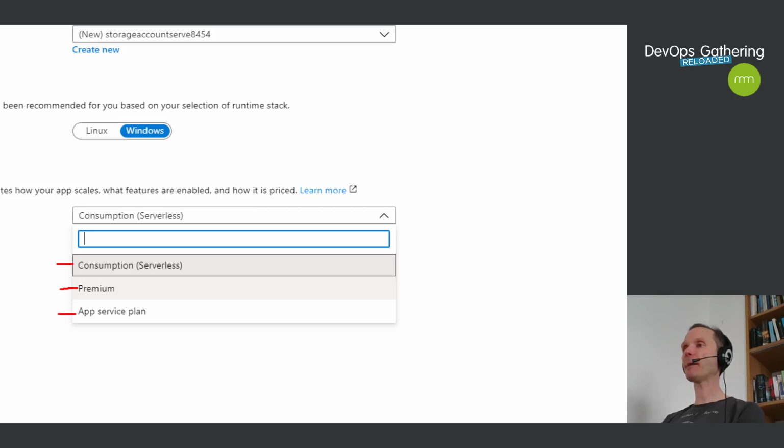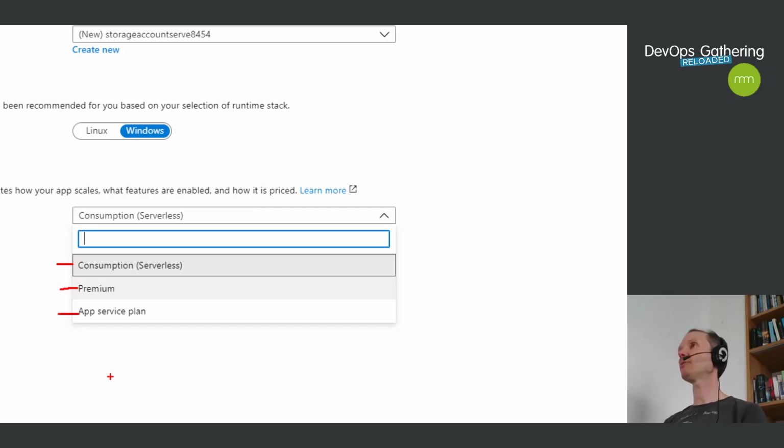Last but not least, App Service Plan. That's the third one. That's a fallback if you don't want to use serverless. App Service Plan is hotel. App Service Plan means, dear Azure, I don't want to care about operating system. I don't want to patch my web server. I don't want to think about load balancer and things like that. Care for domain name service and things like that. But I will tell you how many servers I want, how much CPU should be in each server, how much RAM should be in each server.